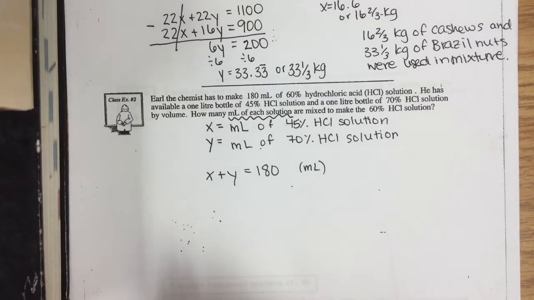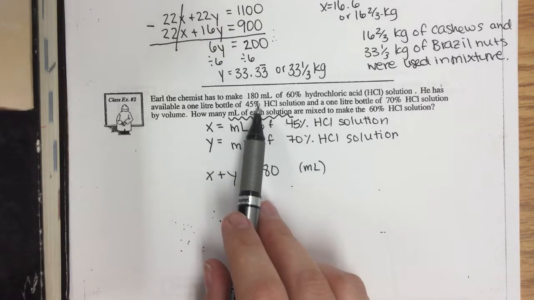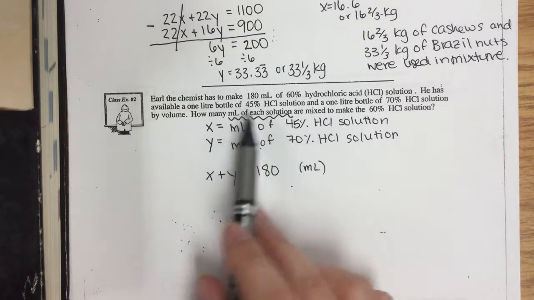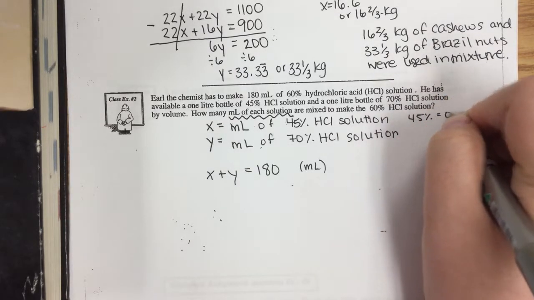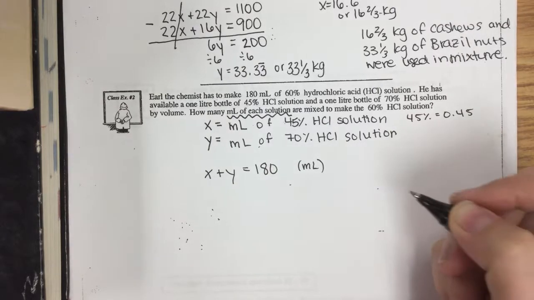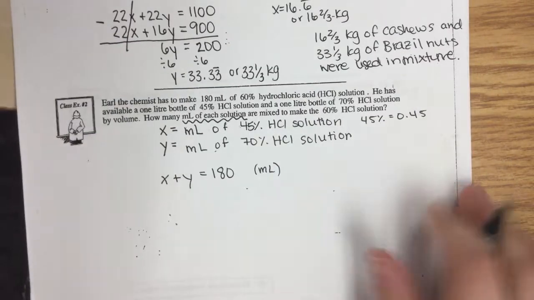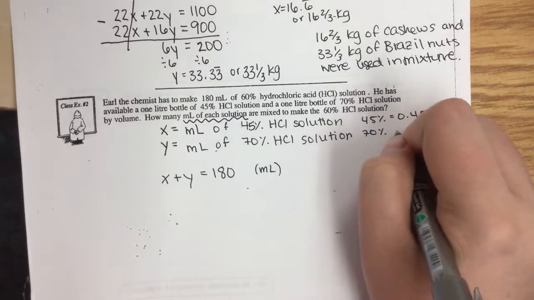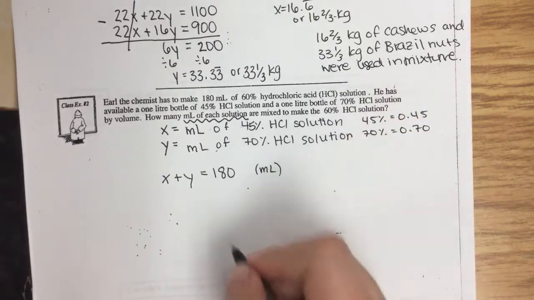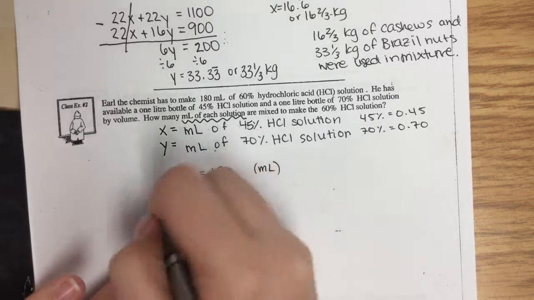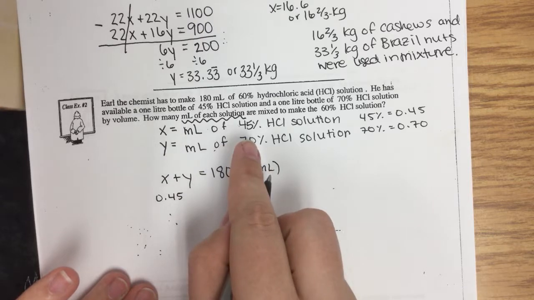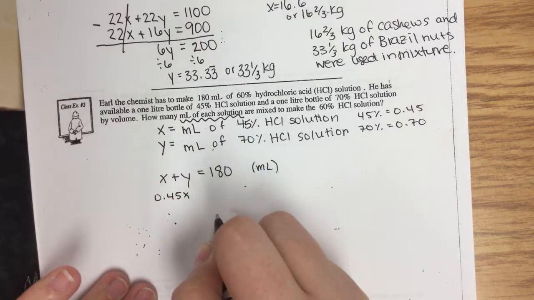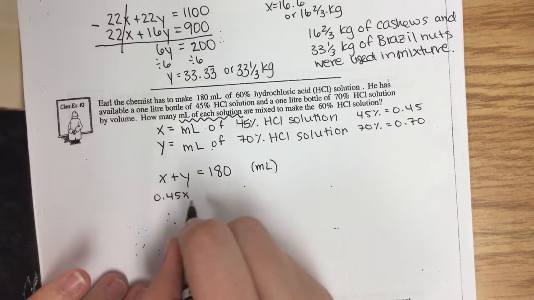And then you have something about the property. And so in this case, 45% and 70% are your solutions. And so I'm just going to clarify that 45% over here, if we want the decimal, I divide by 100, that's 0.45. And 70%, dividing by 100 to get the decimal, would be 0.70. And so the concentration of the 45% solution times the volume, or x, of the 45% solution,